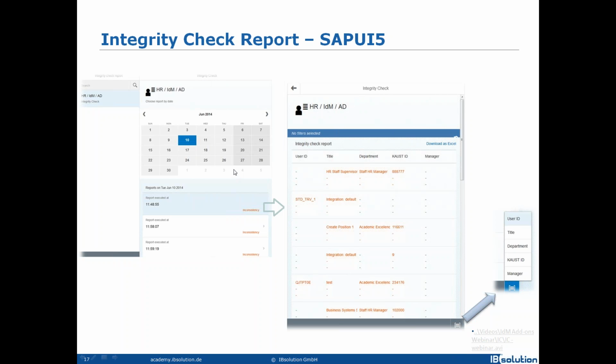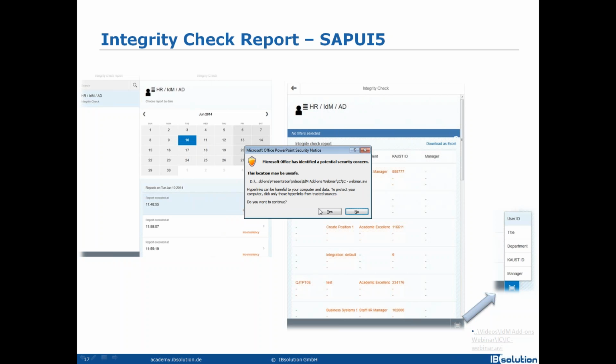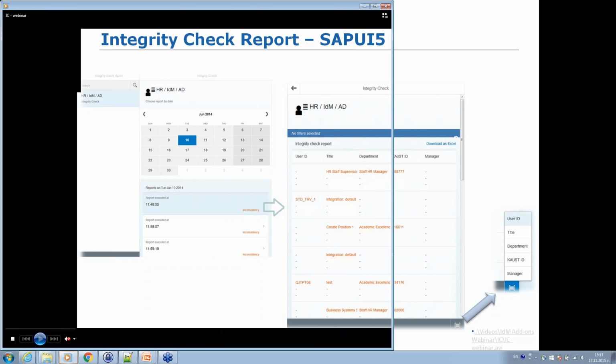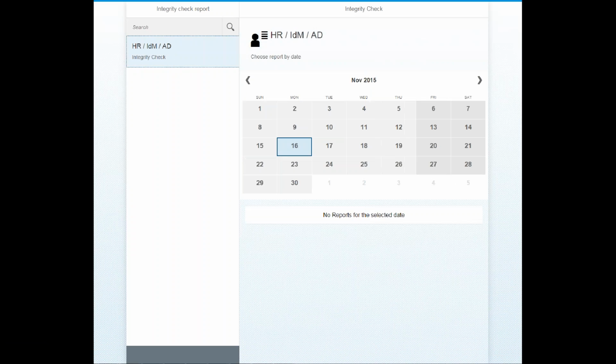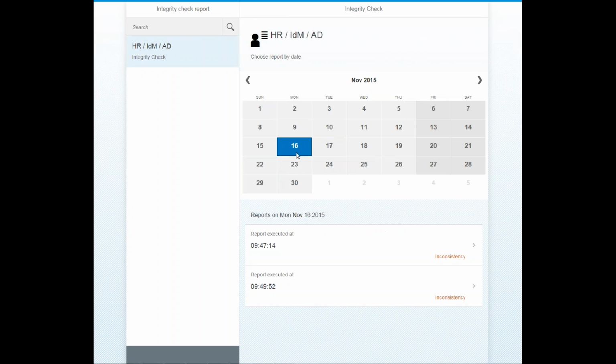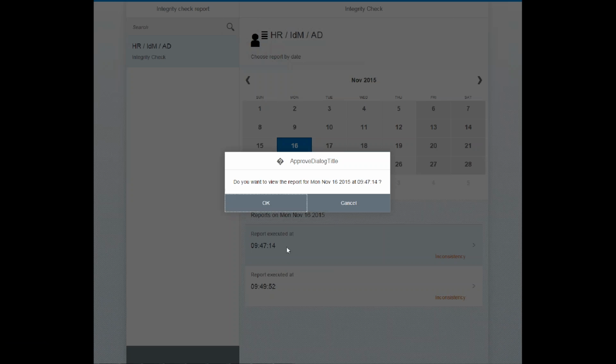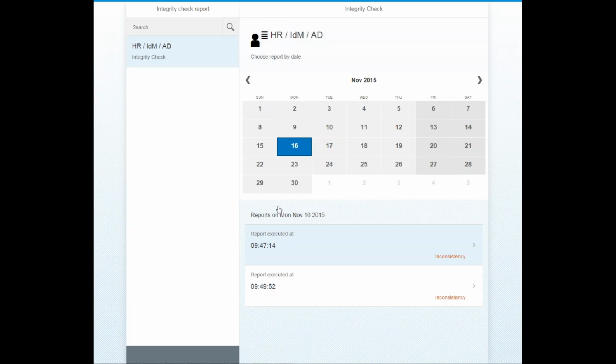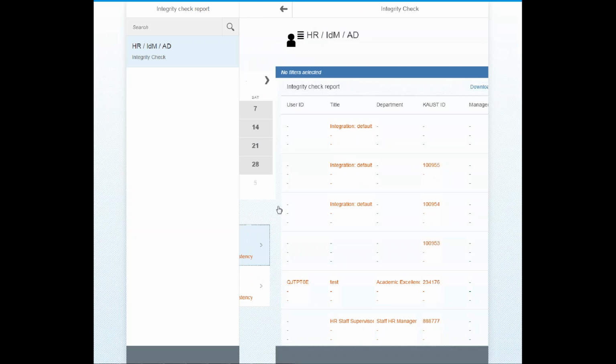Here we can see a list with available reports generated for the selected day. Now I'll show you the demo we have for this add-on. Here we can select the report. We will select the day we want and select one of the generated reports.